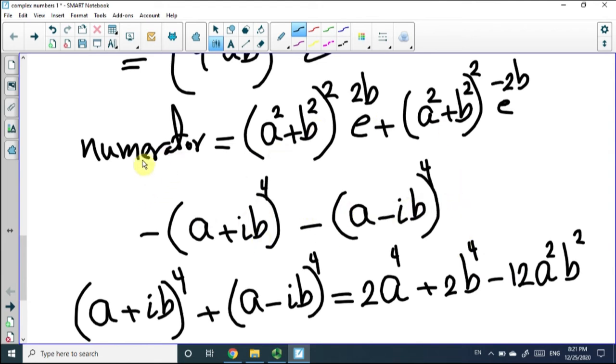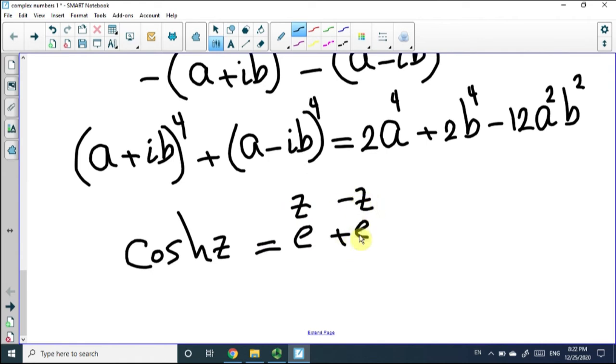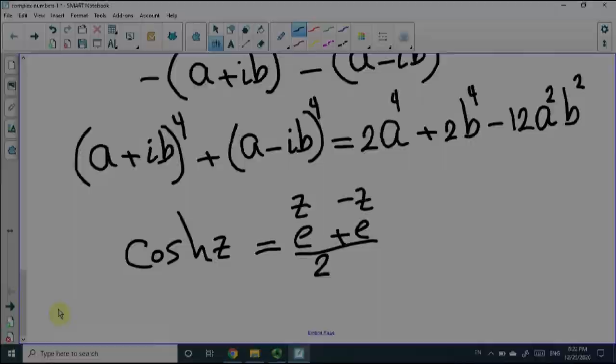Now we can simplify the numerator further by noticing that the first term and the second term have a common factor, and we have the exponentials e to the 2b and e to the minus 2b. When you add them, that will give us the cosh function. Let me remind you about the cosh. Cosh z is e to the power z plus e to the minus z, divided by 2. So using this result, now